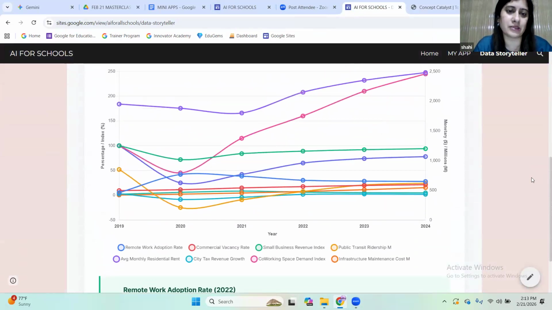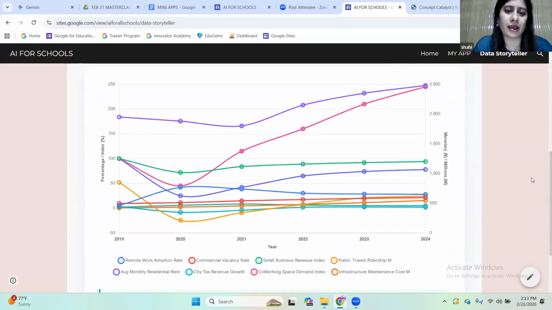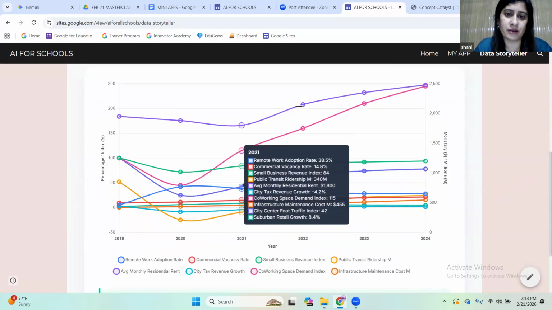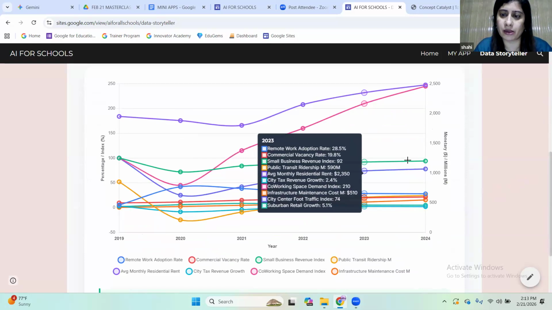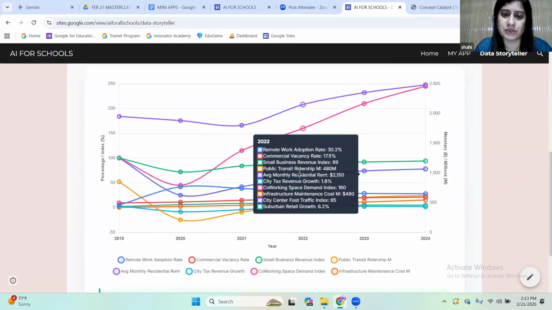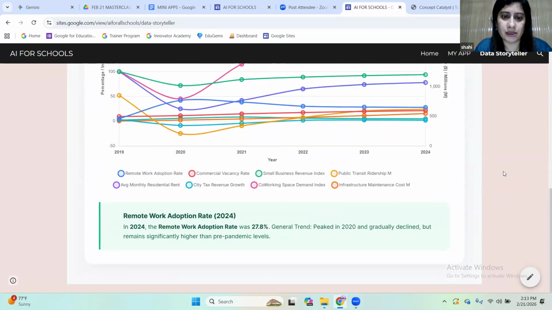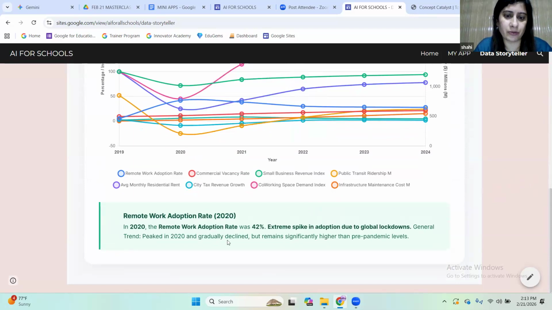For example, this is the output of another app, the Data Storyteller app, and I have embedded it on my Google Site. As you can see, it is working really fine. Wherever I'm clicking on these circles, it is giving me details. And here, you see this green pad, this is also changing.